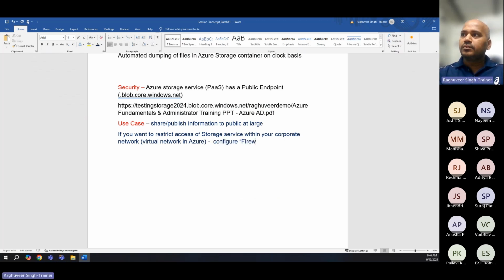Configure firewall and network settings. That's another scenario that you will find in corporates. Okay. The next scenario is, now in this scenario also, you can use conditional access policies